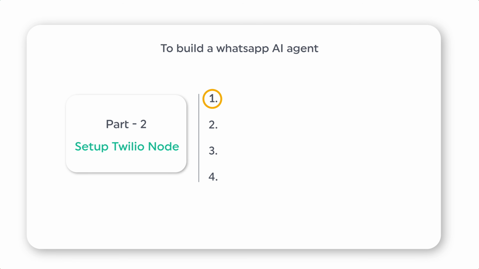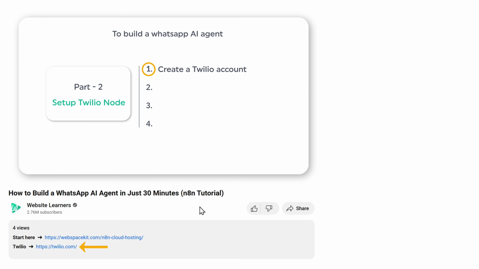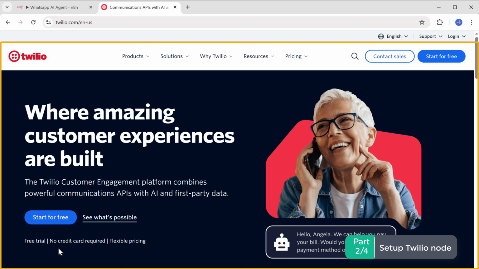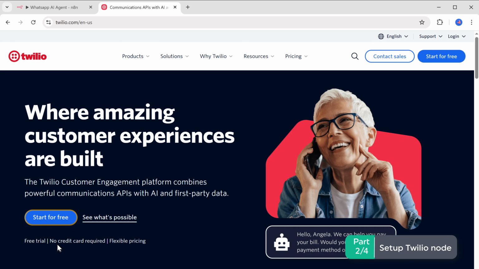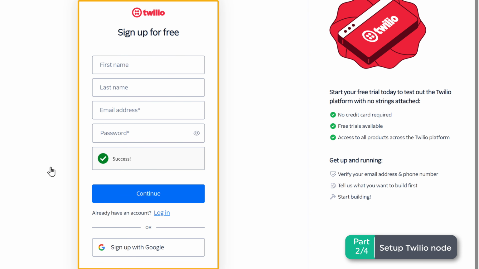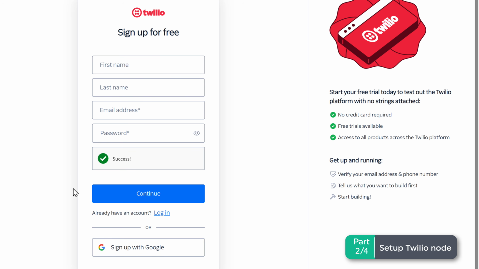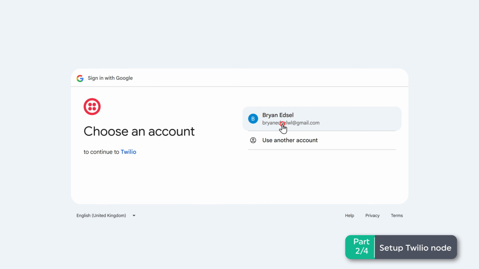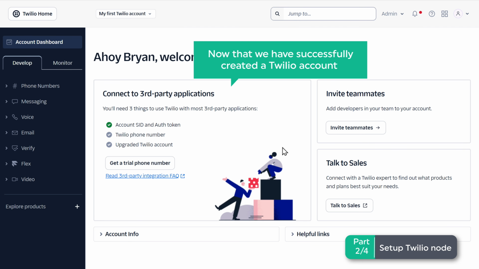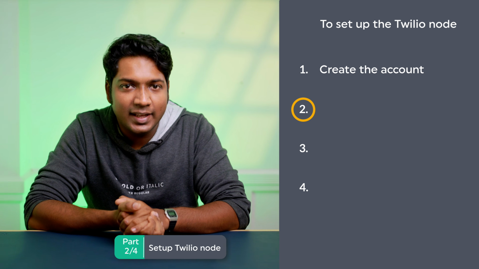The first step is to create a Twilio account. To create the account, click the link in the description and it will take you to the Twilio website. Click start for free. First you need to sign in, so I'm going to sign in with my Google account. And now that you've successfully created the Twilio account, we can move on to the next step, which is to